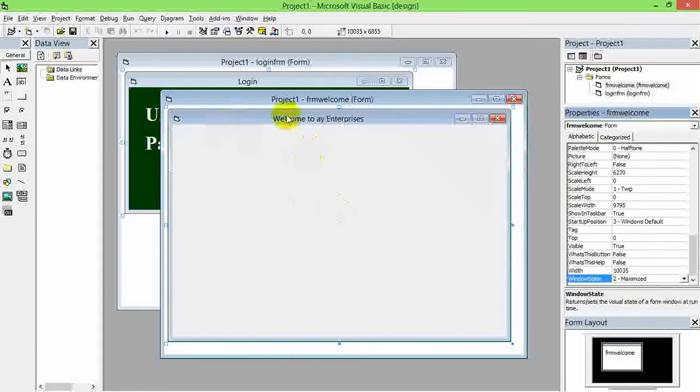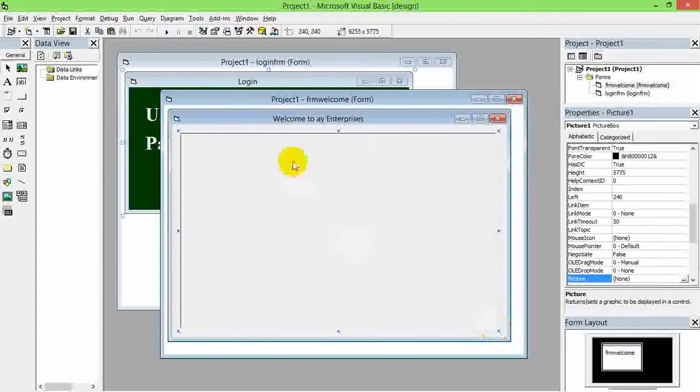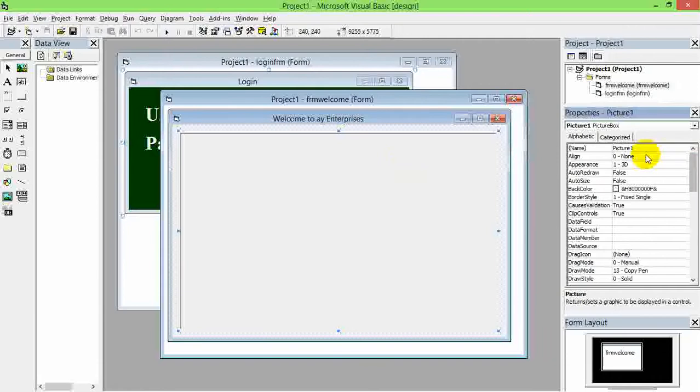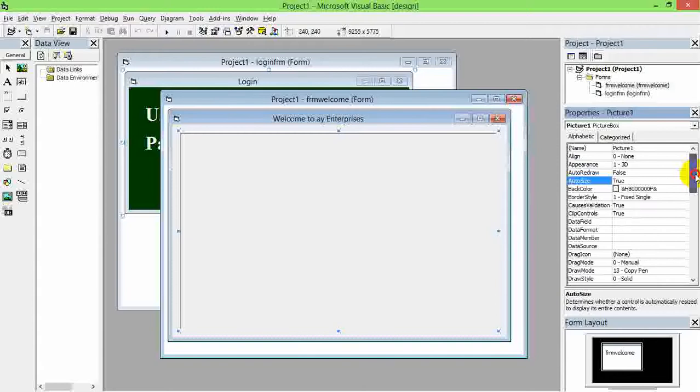Then I'll have to also pick a picture box here. I'll use this picture box. So this picture box, I'll set properties for this picture box. It is termed picture 1. Then I'll set its auto size property to true. Then after setting this to true,